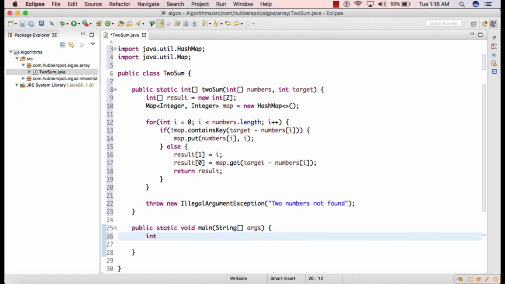So here first we'll create the numbers array. I will populate the values I had given in the slide: 2, 11, 5, 10, 7 and 8.